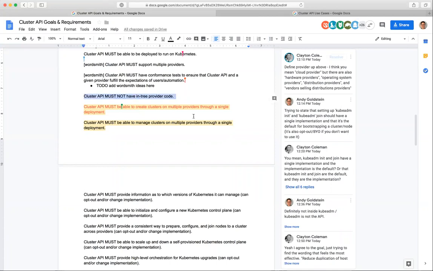Okay, next one, cluster API must not. Yes? Sorry, this is Alberto. I wanted to make a point regarding the conformant testing. I think some of the discussions that we are recently having are in part because there is a lot of ambiguity today. So I think it'd be great if we can crystallize some of the known goals in the form of end-to-end testing eventually. This would help to codify the goals. I don't know if that makes sense.